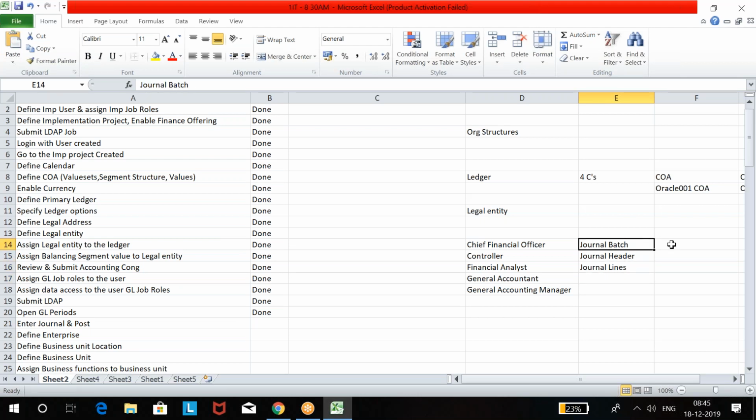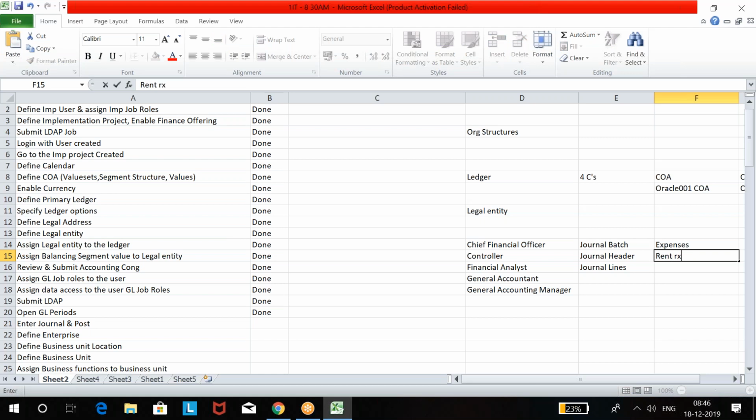See, every batch is unique. You can create a number of batches, but every batch is unique with a name, whatever name you provide. And under each batch, you can have multiple journals. Let's say, for example, I create the batch name as expenses.